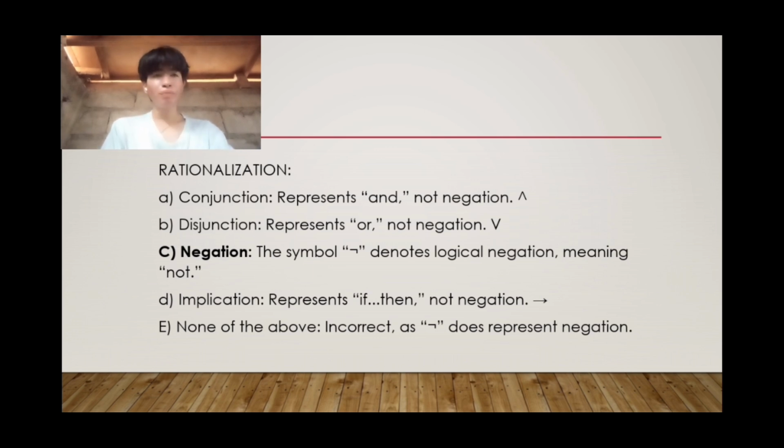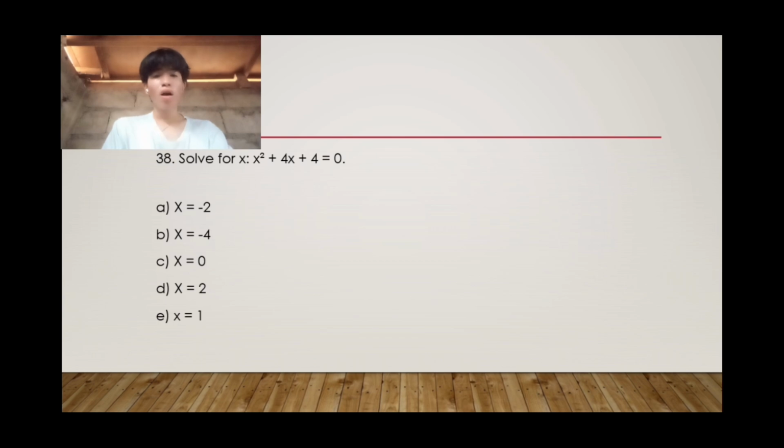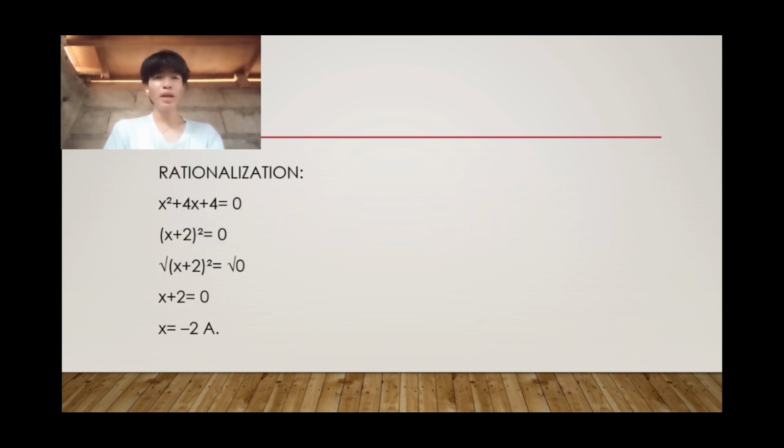Next number. Solve for x. x squared plus 4x plus 4 is equal to 0. So simply, let's factor this into a square of a binomial. That will give us x plus 2 squared is equal to 0. And then after that, we are going to